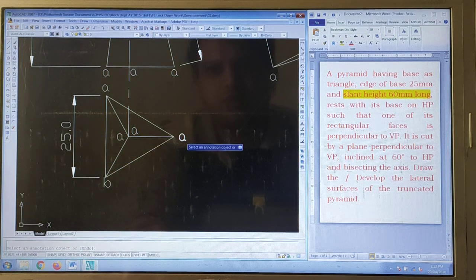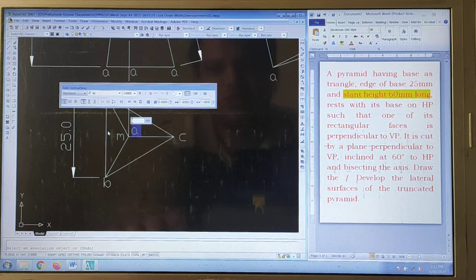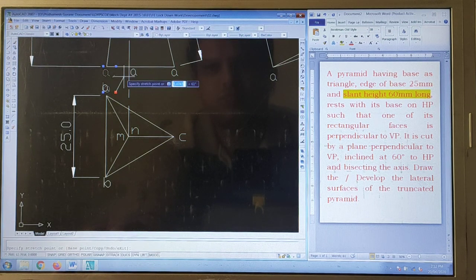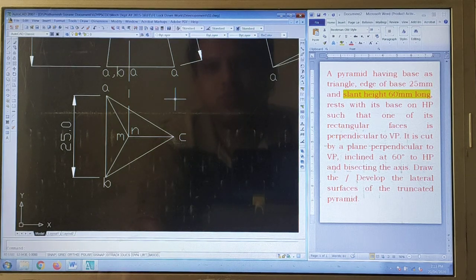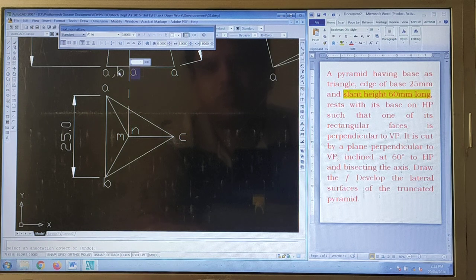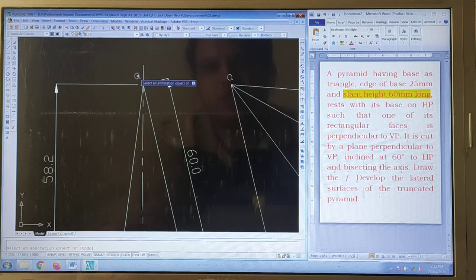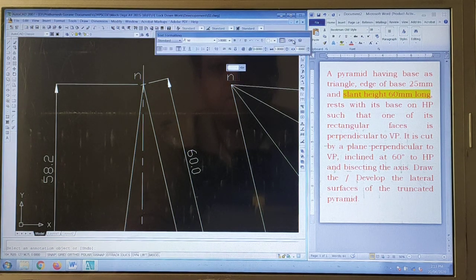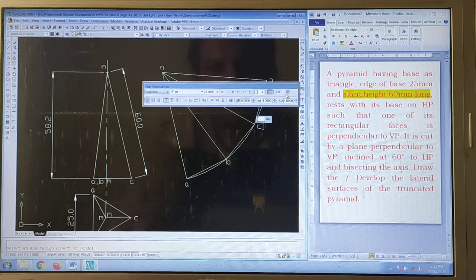So this is B, this is point C, this is axis M, and this is N. Yes, it is A, and same B. This is M, this is C, and this is the point N. So this is N, A, then this is B, C, and A.